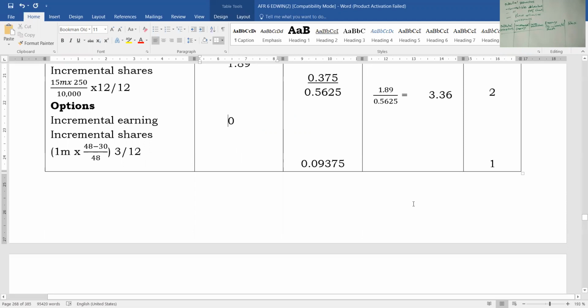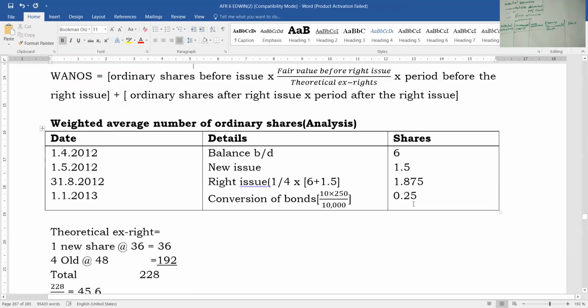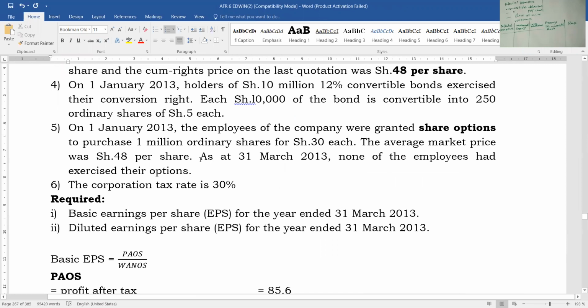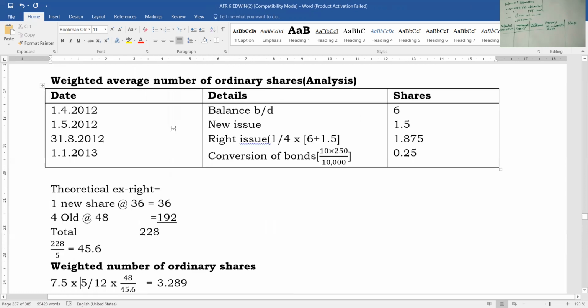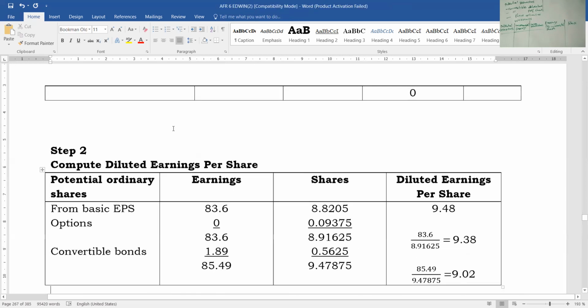So the bonus element, because now they were given an option to purchase the 1 million ordinary shares at 30 shillings. The average market price was 48. So they could have made a benefit of 18. So you take the 18, you divide by the 48 times 1 million. Then you multiply by the months you weigh from January to the end of the year. That is 3 months. So 3 out of 12. So that is how you arrive at this element of 0.00 something,